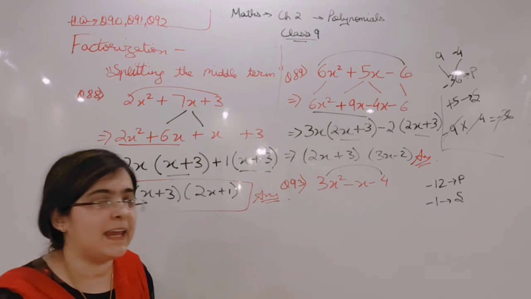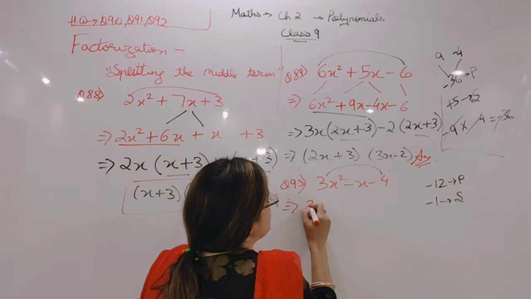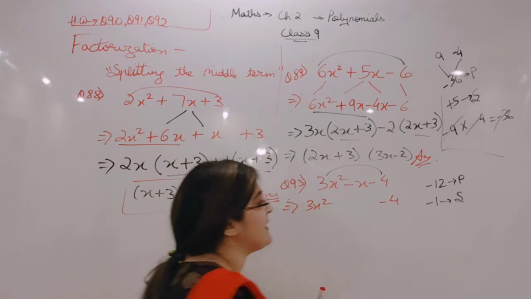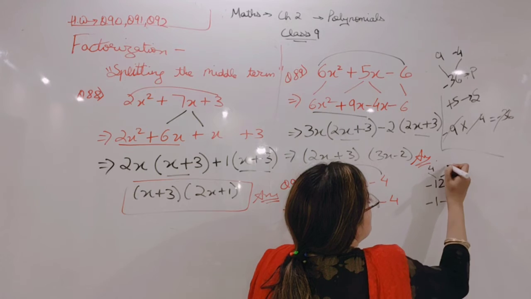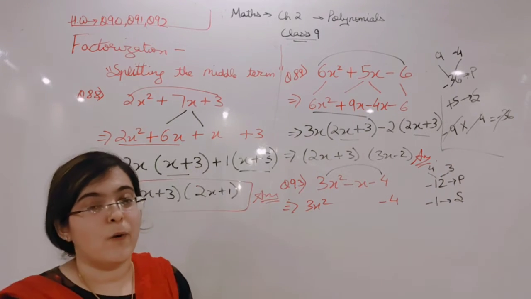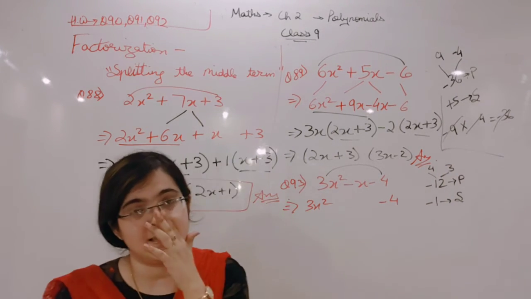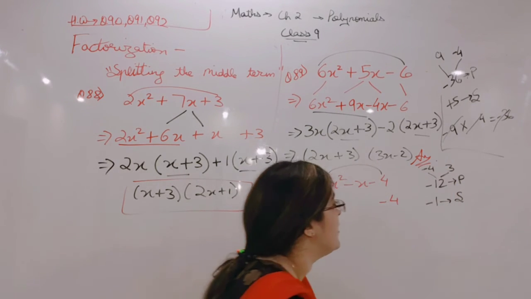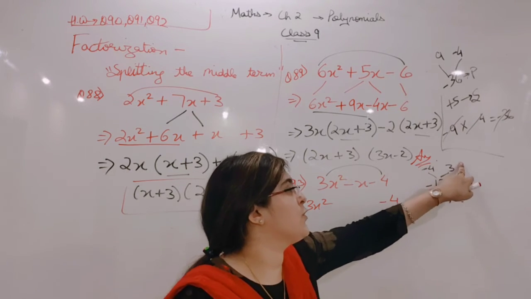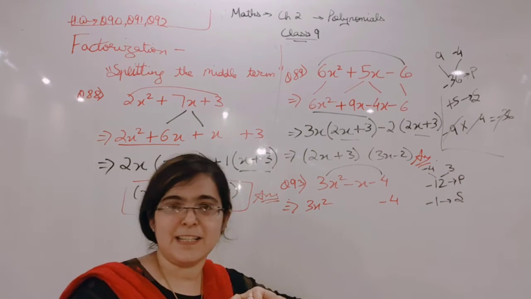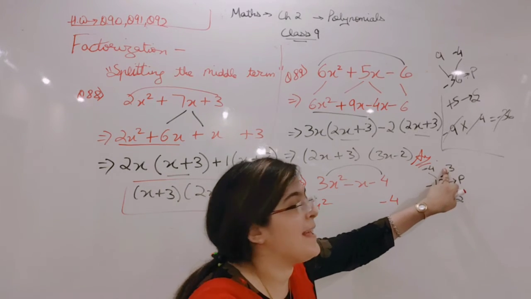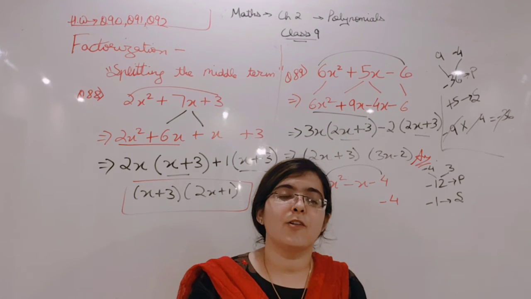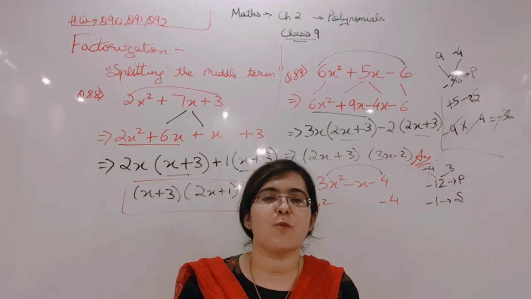I am repeating again. I will write the first and third terms as they are, and I will split the middle term. Now, I can take 4 3s are 12. Okay, students. Now, I want a negative sign in both the cases. So I will try. If I put a negative sign here, what will it become? Minus 4 into 3, minus 12. It is satisfied. Minus 4 plus 3, what will I get? Minus 1. It is also satisfied.